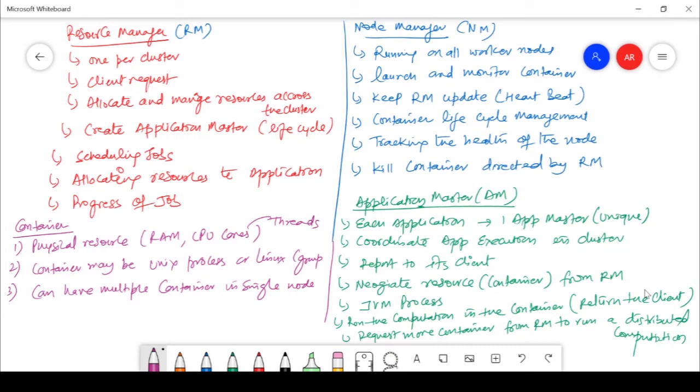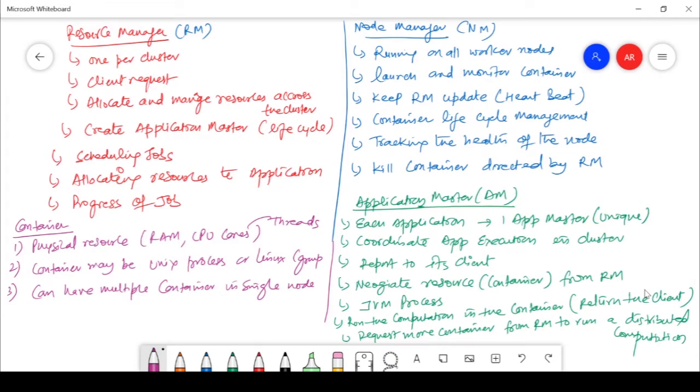So I am responsible for taking requests from the client, and after that I am responsible for allocating resources to the projects. I am responsible for scheduling the projects. Being the CEO of the company, at this point I am taking everything. The job tracker is taking care of each and every thing. The responsibility of the job tracker was too much. That means there was too much burden. It is overburdened.